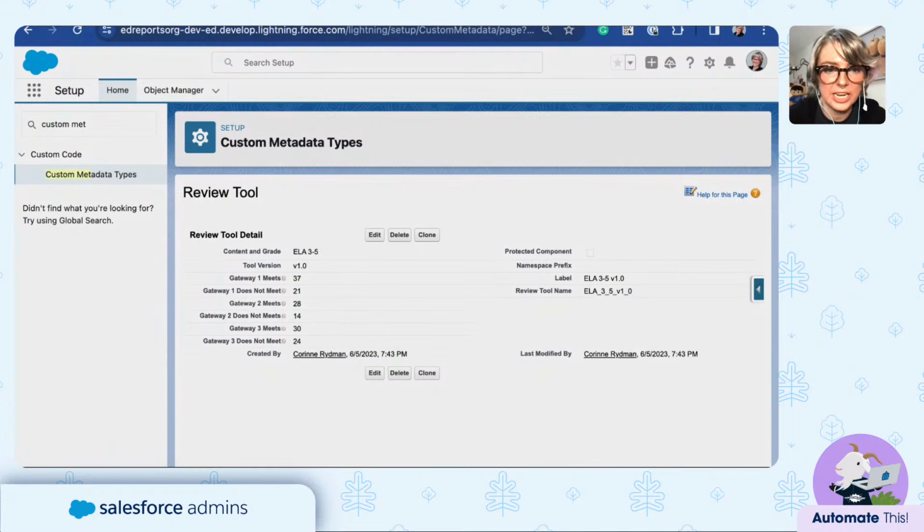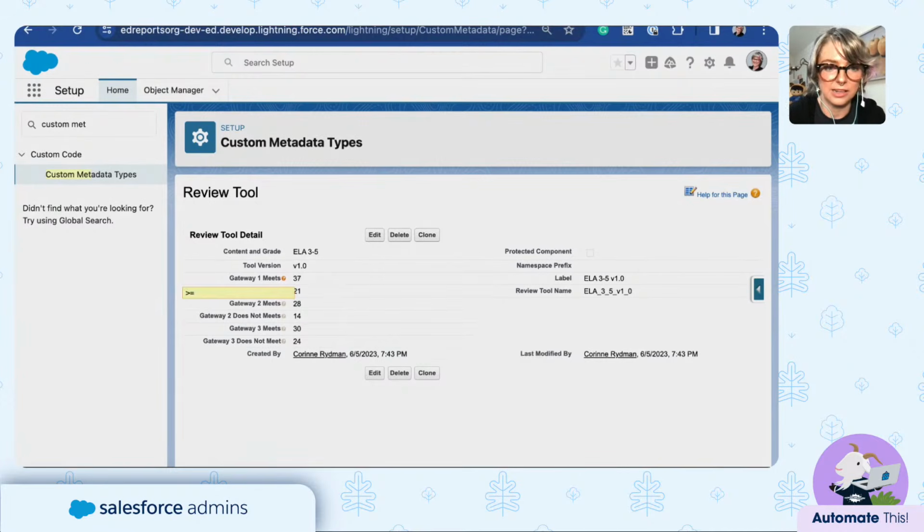Very basic page layout. I have control over exactly which fields show up where and in which order, thanks to that page layout. So it's really easy for me to look for information. I also have the ability to add help text. So if I'm coming back and it's been a while, I need a refresh, or another admin is coming in and needs to update these records, they can come here to the help